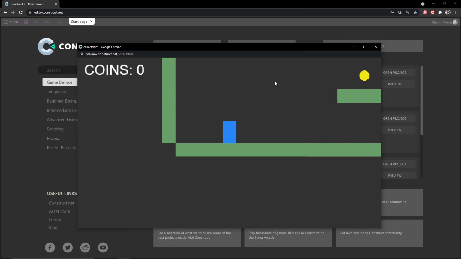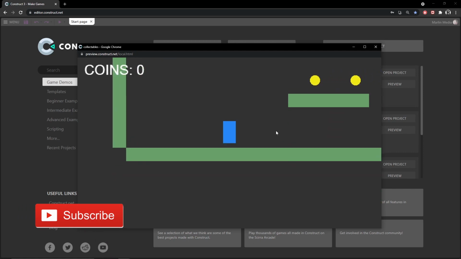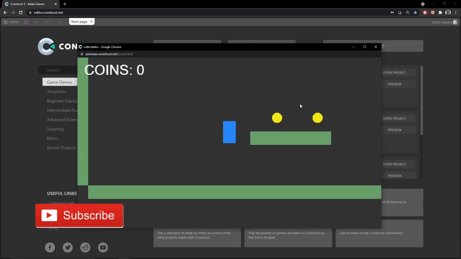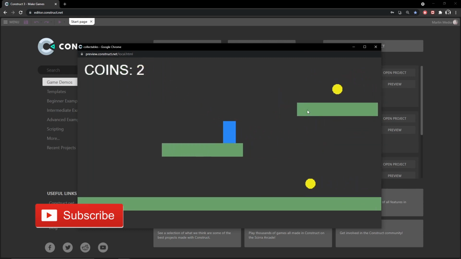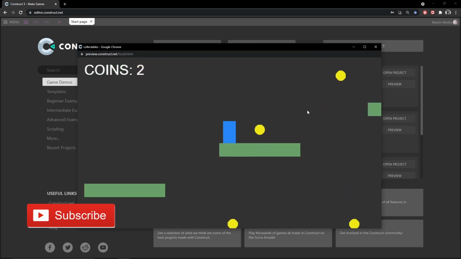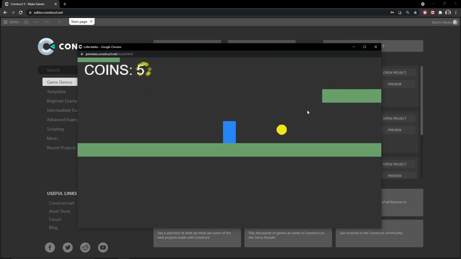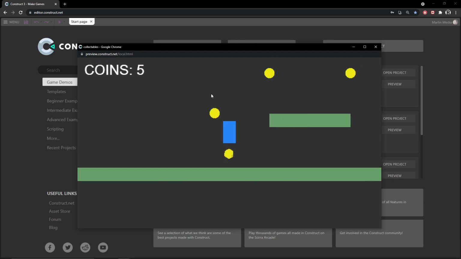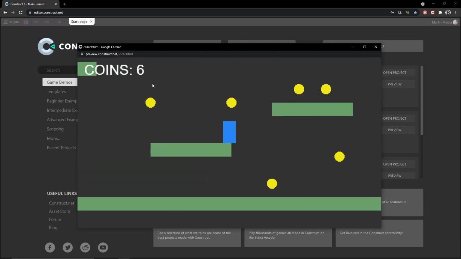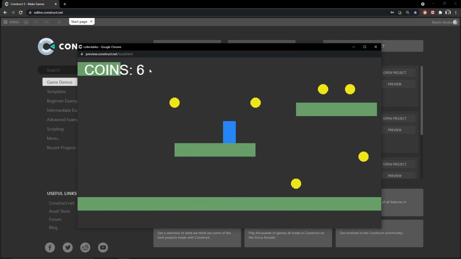We have another Construct 3 tutorial ready for you today. In this video, we will be creating a HUD effect. If we collect these coins, the coin jumps to another layer and is able to fly directly up to our coin counting, which in most cases, this would be some kind of icon or other graphic, but we're playing it